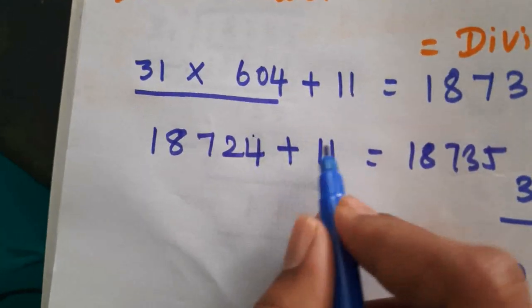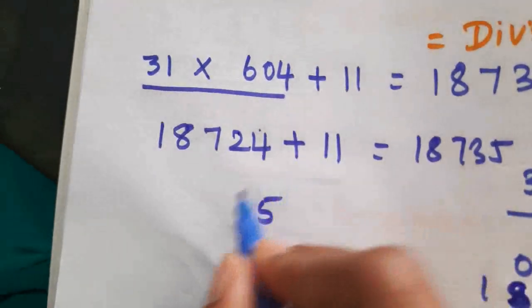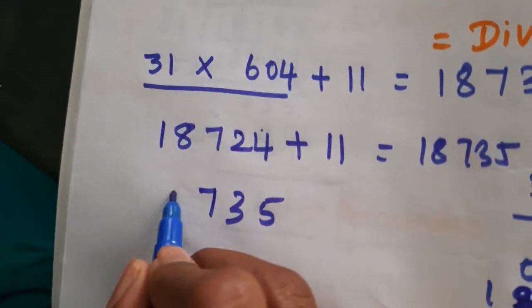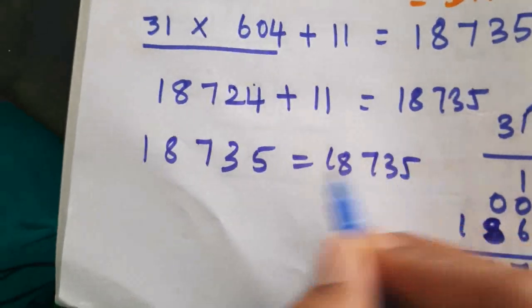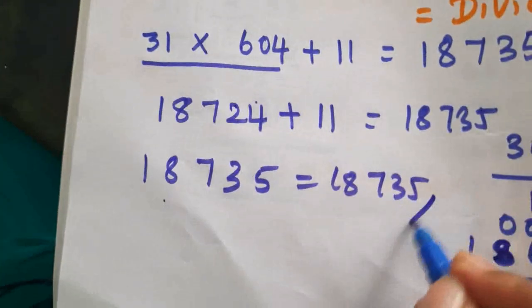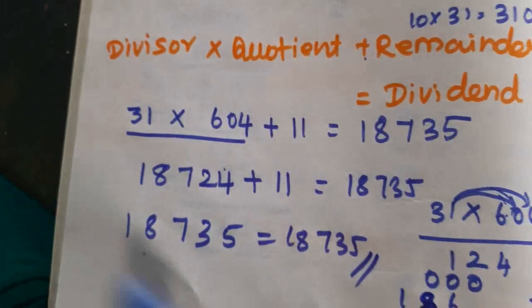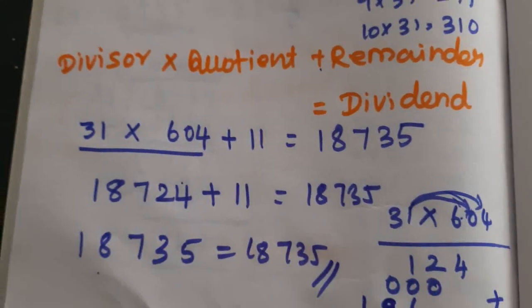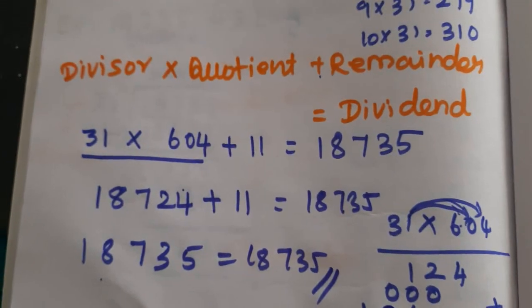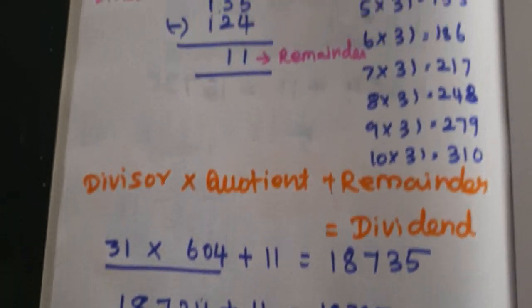Ones place it's 1, 5, 2 plus 1 is 3, 7, 8, 1. Remaining you write as it is. Now you check the answer, both the answers are correct. So your answer is correct. Okay, with the help of the formula we can verify the answers in the division process. Okay, any doubts you have in the sum?